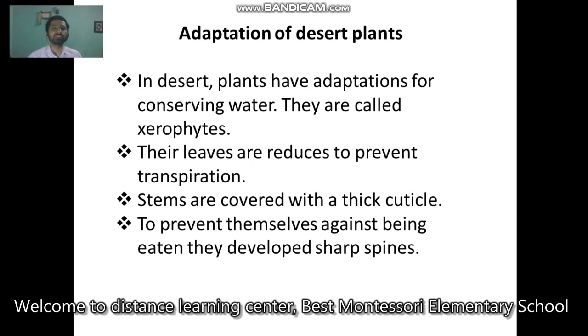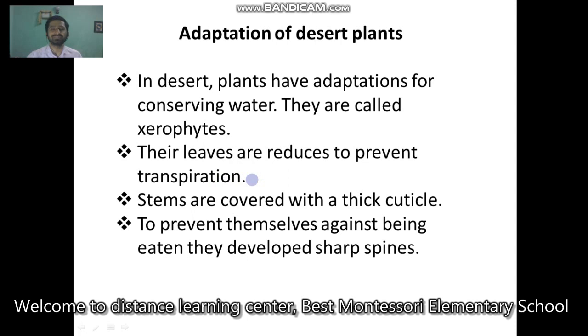Now moving on to the next, desert plants called xerophytes. The main feature is that there is a lack of water in the desert. That means they have to adapt themselves for the conservation of water that they have. That's why their leaves are reduced. It's not like in the case of aquatic plants. They have reduced leaves. What for? To prevent